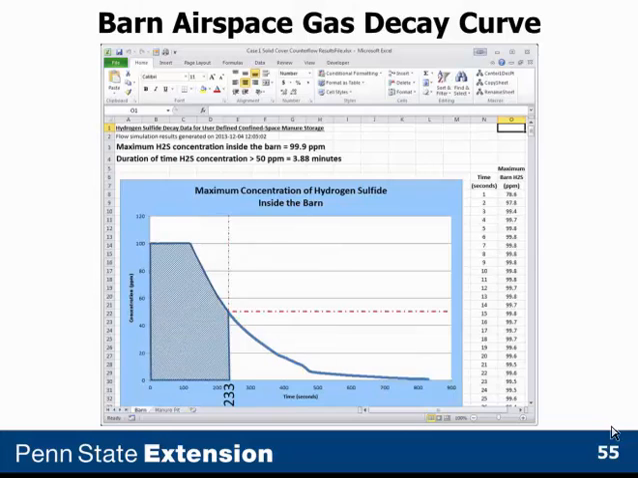And then it also has the decay curve for hydrogen sulfide inside the barn as a function of time of ventilation of the manure pit. And sure enough, for this particular building, the initial concentration in the pit was 100, and there are portions of the pit of the barn that experience concentrations greater than 100 parts per million. And it also tells how long it takes